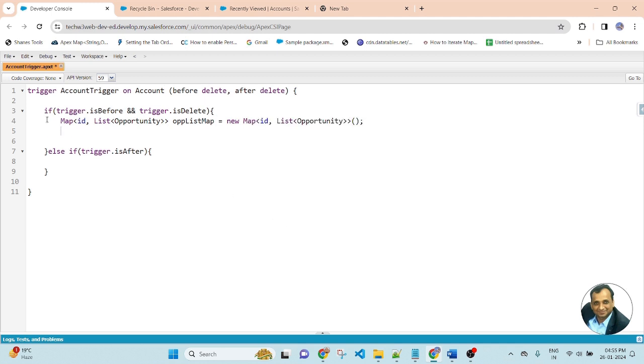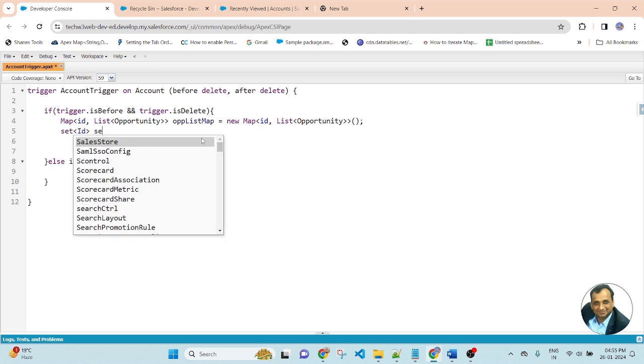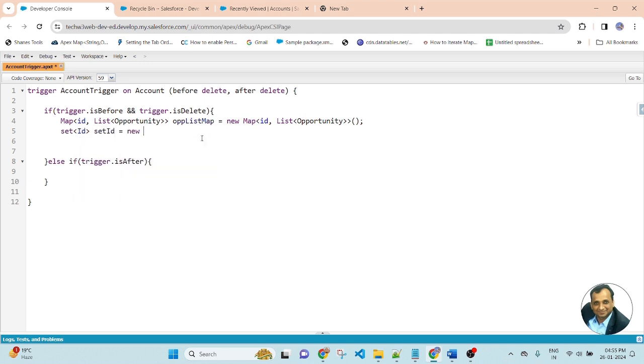So here I am writing a list of map and ID type map. Then I am creating a set of ID equal to new. So here I created the instance of set of ID. Then I will apply for loop